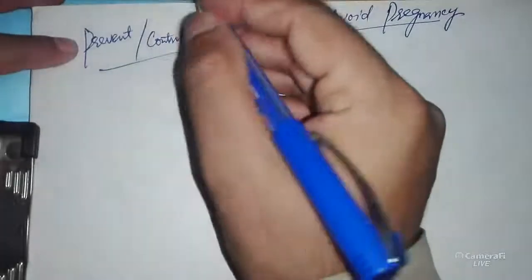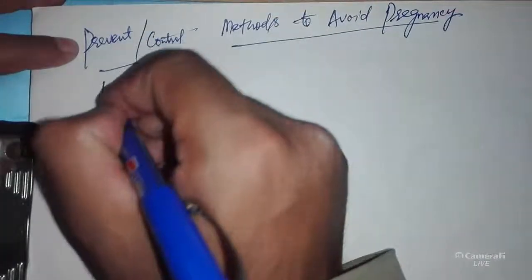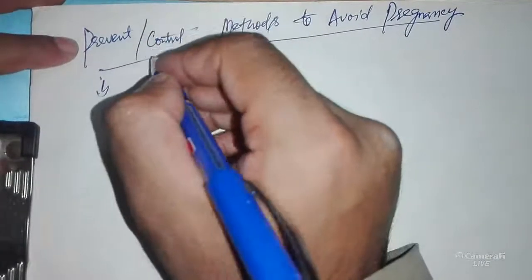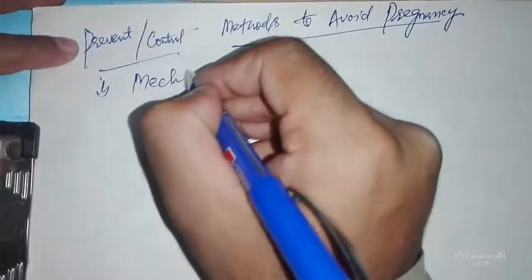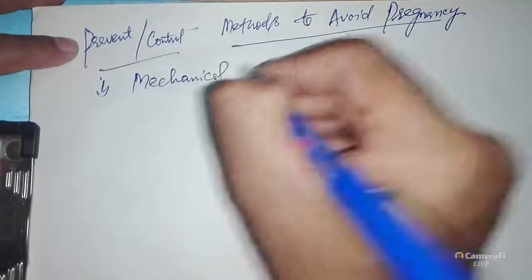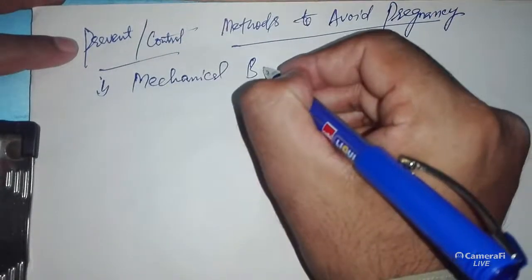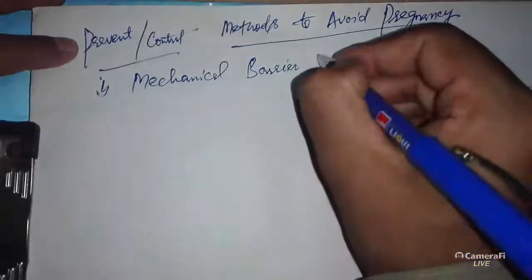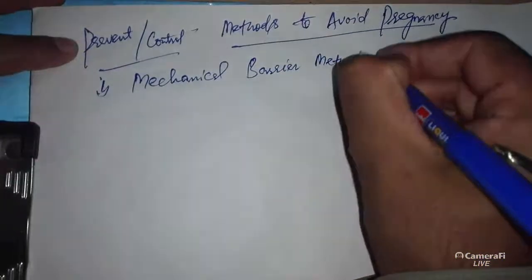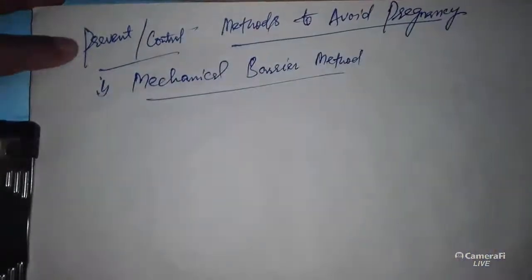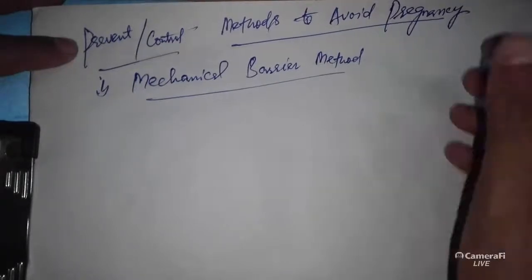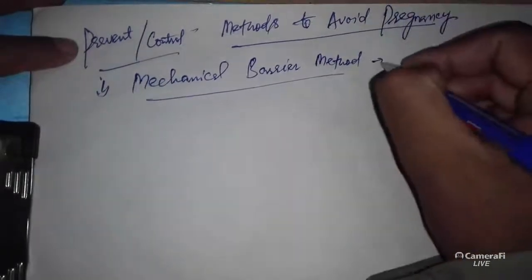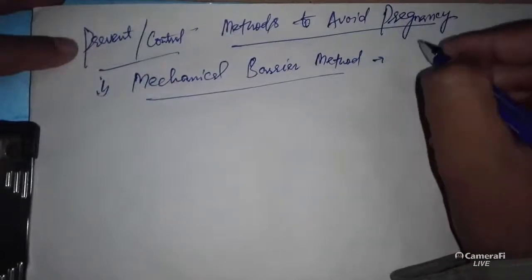A number of methods have been used. Number one method we can say here generally is the mechanical barrier method. In this method, some physical devices are used, like condom,